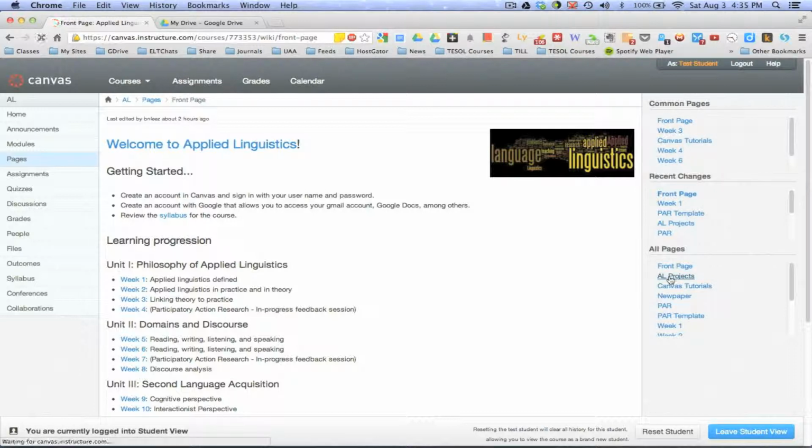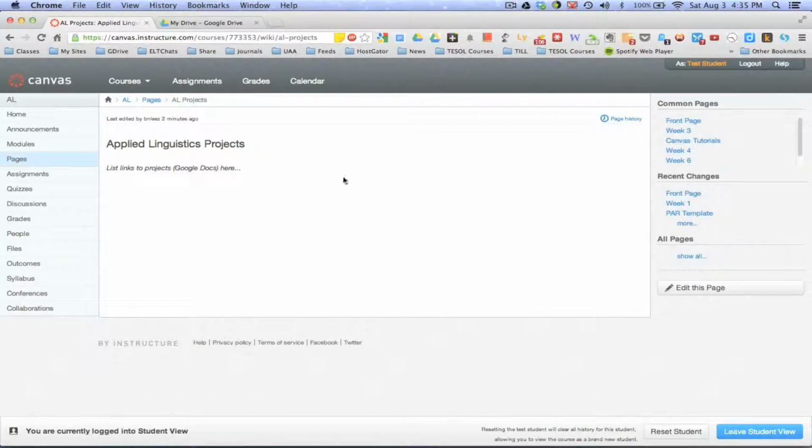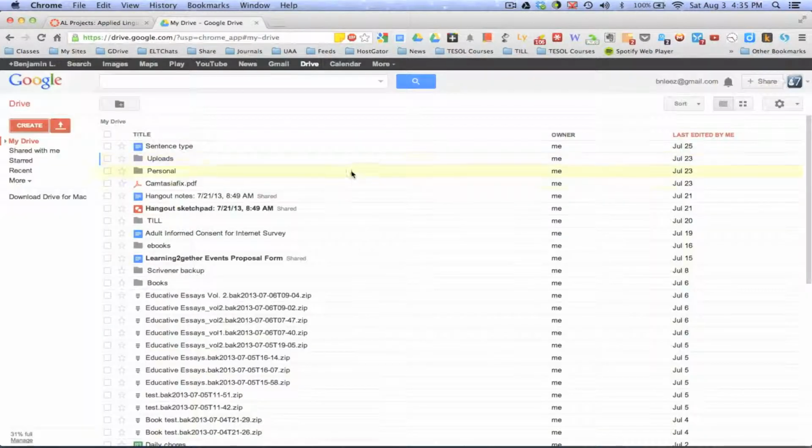So we're going to go into Applied Linguistics Projects, and this is the page that I created where each of you will add the link to your Google Doc. So I'll show you how to create a Google Doc, then I'll show you how to bring that link into this page in Canvas. So to create a document in Google, first make sure that you've signed in,